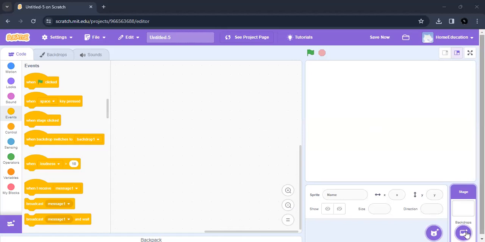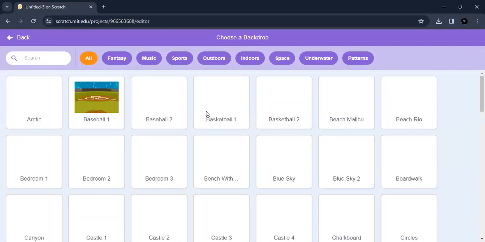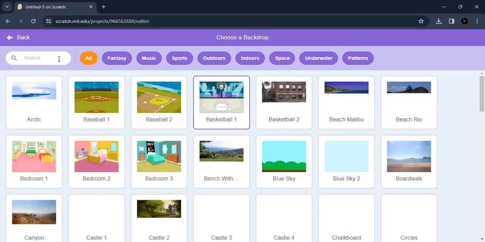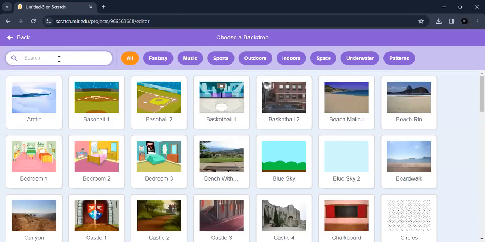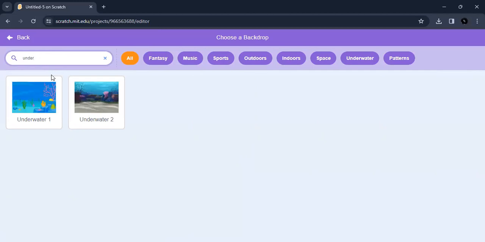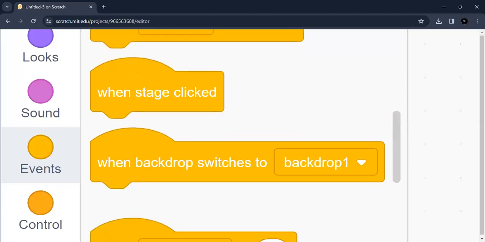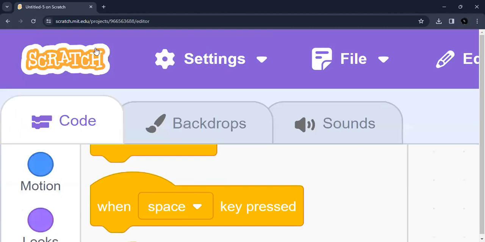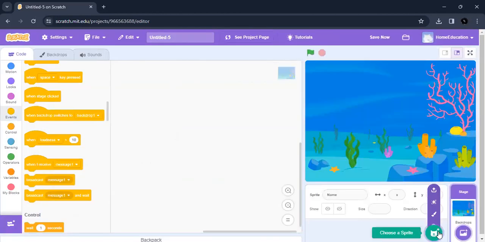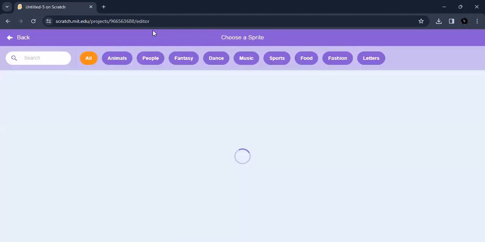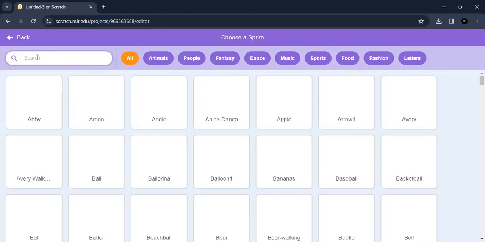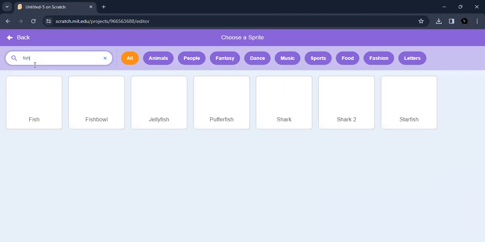So first of all, I'm going to go in backdrop and then I'm going to write underwater. So these are two underwaters, but I'm going to choose this one. If you like that one, you can choose that one, but I'm going to be choosing this one. Now I'm going to go in sprite and I'm going to be choosing fish